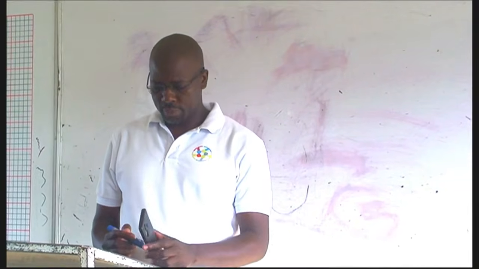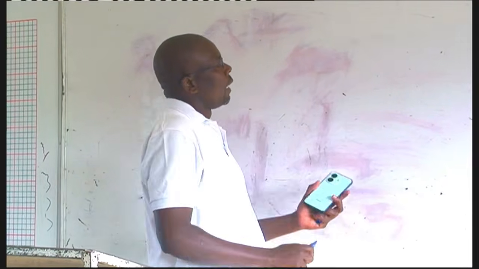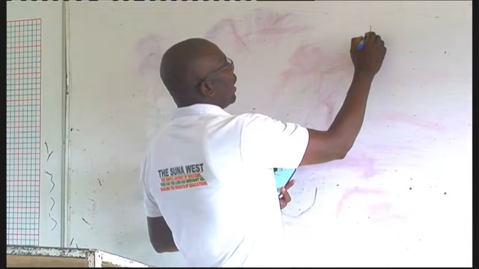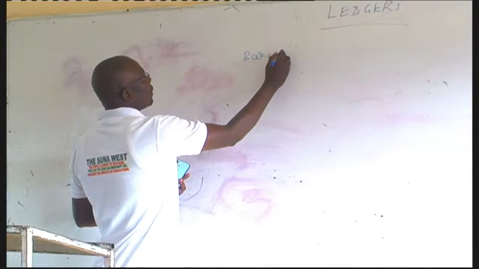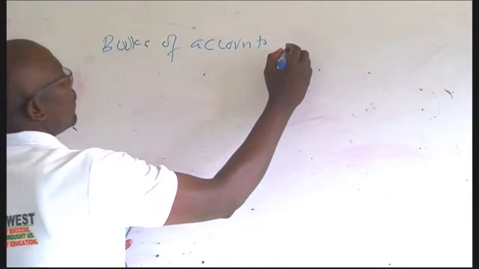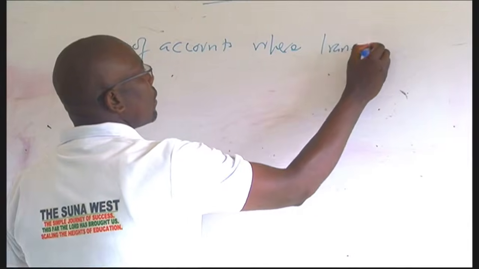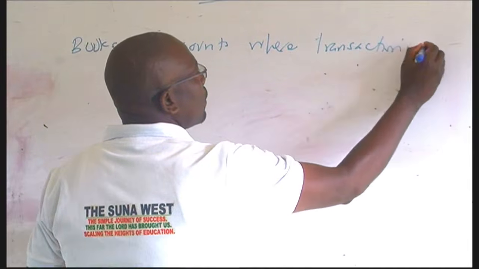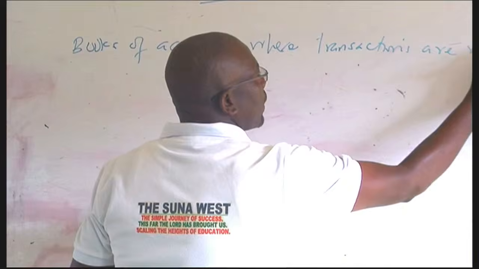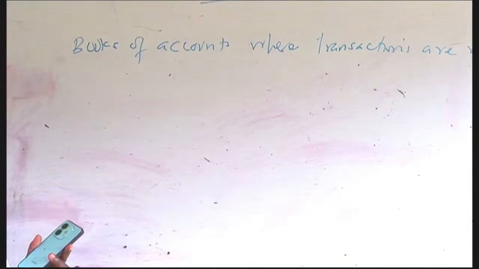What are ledgers? Ledgers are books of accounts where transactions are recorded. The transactions already we have defined,